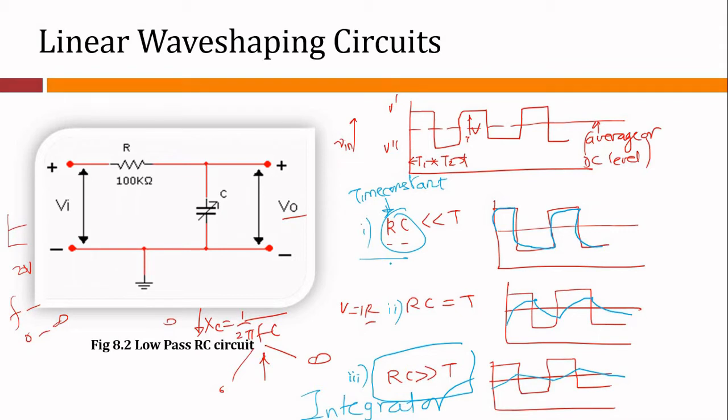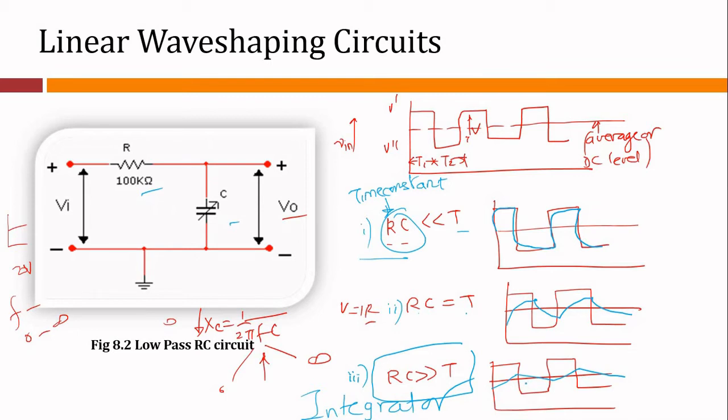So I am going to get some value in terms of microseconds or milliseconds depending upon the powers here, and then T is from the frequency. So you can compare the two. There are three cases: RC equals T, RC very much less than T, RC very much greater than T. So if, say, T is 1 millisecond and RC is 10 milliseconds, it is greater than T. In that case, we are going to get this as an output, that is a triangular wave.